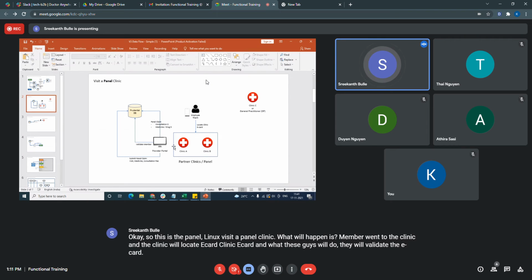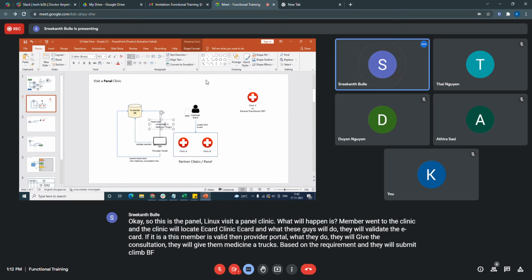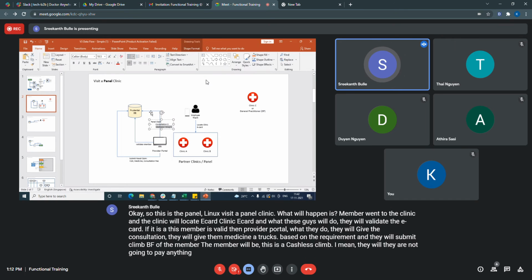If this member is valid, then in the provider portal, they will give the consultation, give the medicine and drugs based on the requirement, and they will submit the claim on behalf of the member. This is a cashless claim. I mean, the member is not going to pay anything to the clinic. So the clinic will submit the claim from their login as a cashless claim under the program.